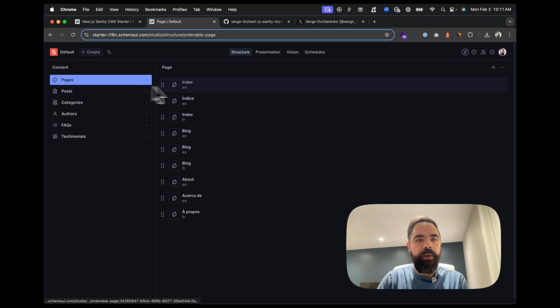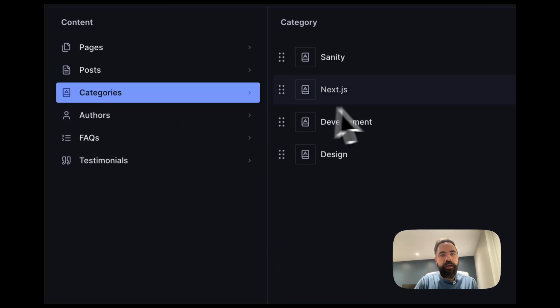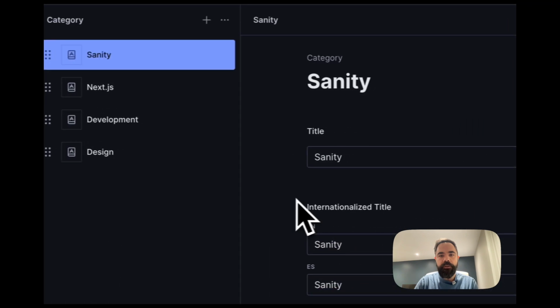So here I have pages. You can see that every single page has its own localized version. Same for the posts. For the categories, I decided to go with internationalized